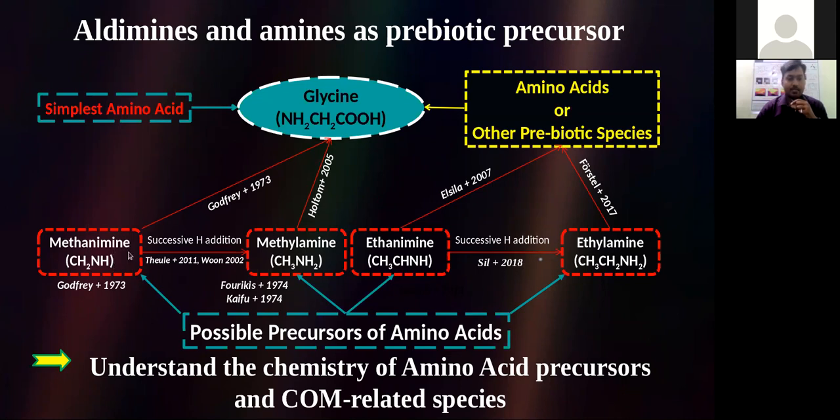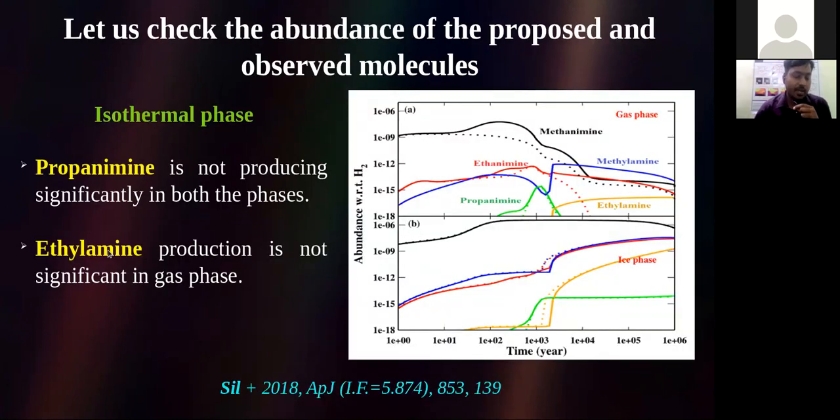Here you can see that methanimine, methylamine, and ethanimine are amines and aldehydes already observed in the ISM, and they could be possible precursors of glycine, as suggested by earlier studies. Glycine is the simplest amino acid. Ethylamine is not observed till now in the ISM. It could also be a precursor to form glycine. So to understand the chemistry of amino acid precursors and complex organic molecule related species, these aldehydes and amines should be studied. Since propanamine and ethylamine have not been observed in the ISM till now, we check